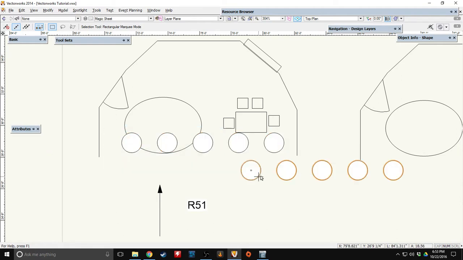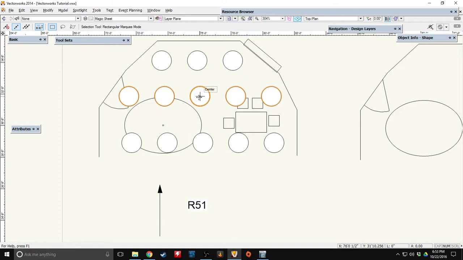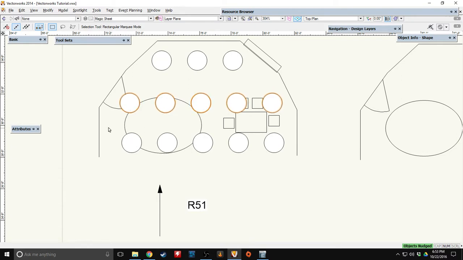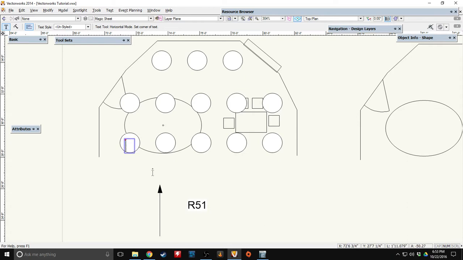Just going to keep highlighted, copy and paste for my next row, and then my last row is just 3 of them, copy, paste. So it looks something like this. Try to align it so that it looks pretty, and then you're going to put in channels for the